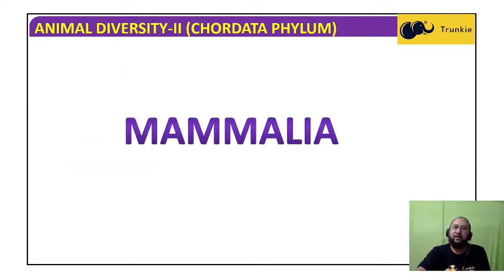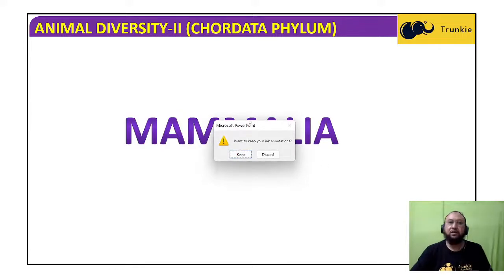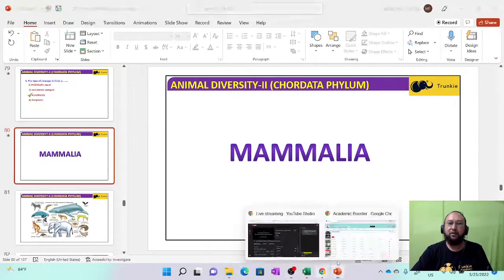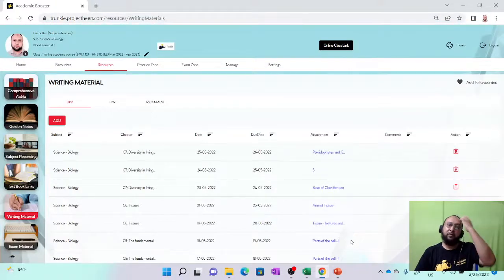Now in the next class tomorrow we will study the class Mammalia. Tomorrow again at the same time we will meet, and I would like to tell you that after this class, as I have already explained, I will send you some DPP, daily practice paper, and you will go through that daily practice paper. When you log into your academic booster, you will find a link called resources, and after clicking on resources you will find writing material. Click on that, you will find the daily practice paper sent by us, and find today's topic, download, answer the questions and send back to us for evaluation.